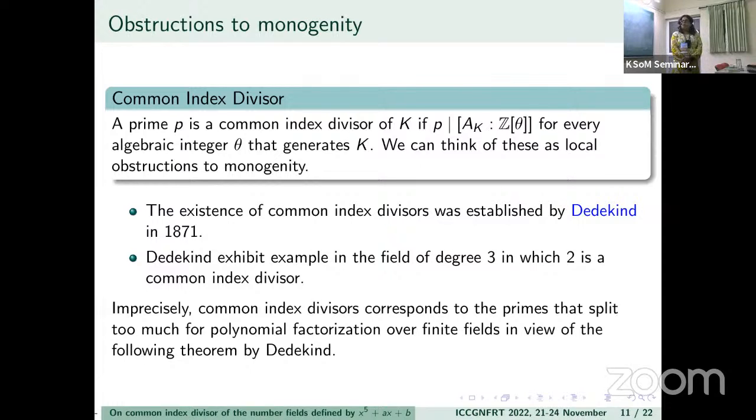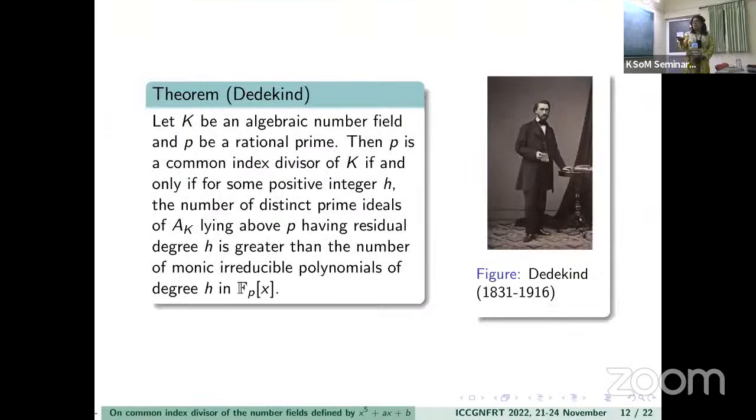He proved that by showing that in this case, the prime splits into 3 distinct prime divisors in AK. So, in this type, we can say that the common index divisors are the primes that can split too much over polynomial factorization of finite fields. This was the result by which we can conclude that Dedekind proved that if K is an algebraic number field